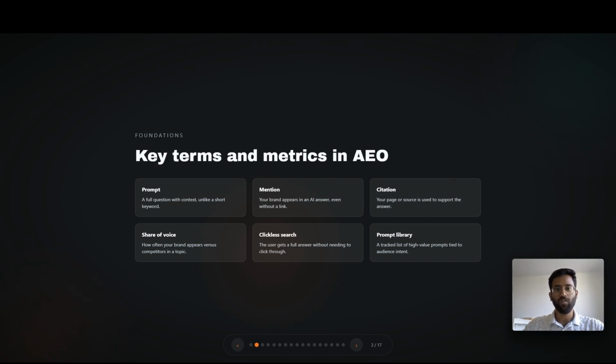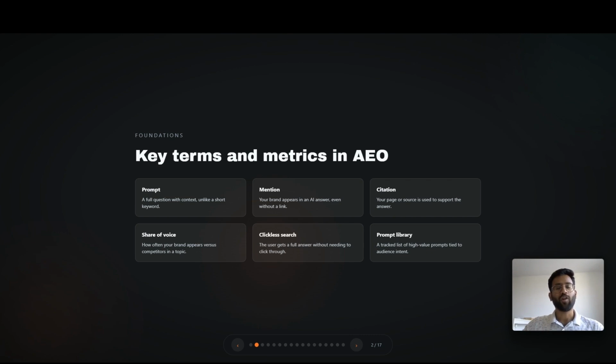As you all know, in traditional SEO, we think in terms of keywords. It's similar to that when it comes to how you think. So instead of one word or a phrase, here it's more about a question, right? Instead of short search phrases that people actually enter into Google, here it's more about a question that people are asking these chat platforms. In answer engines, usually people do ask complete questions, or they ask detailed requests. When you optimize for keywords, you're optimizing for a particular word or a phrase, right? Here it's more about optimizing for a complete question.